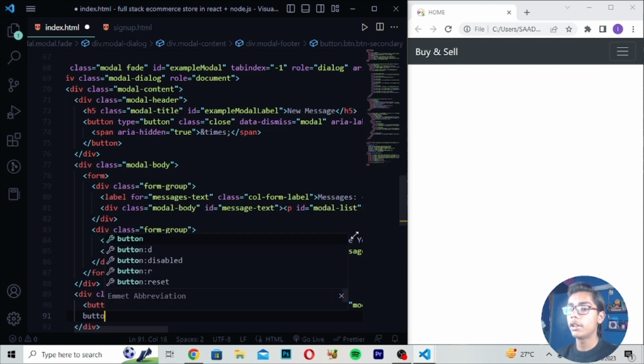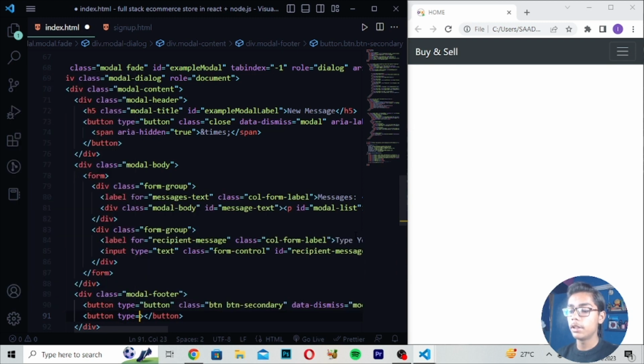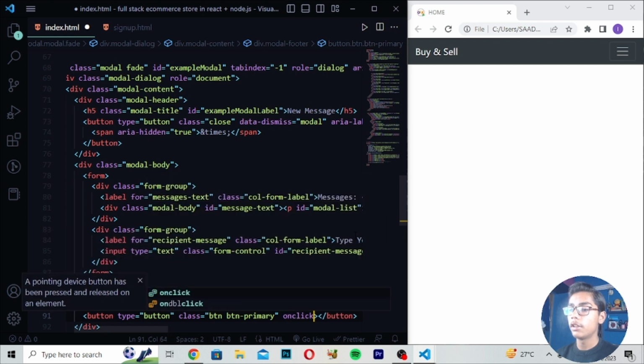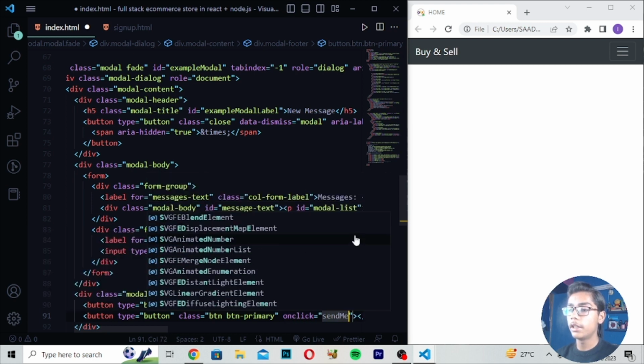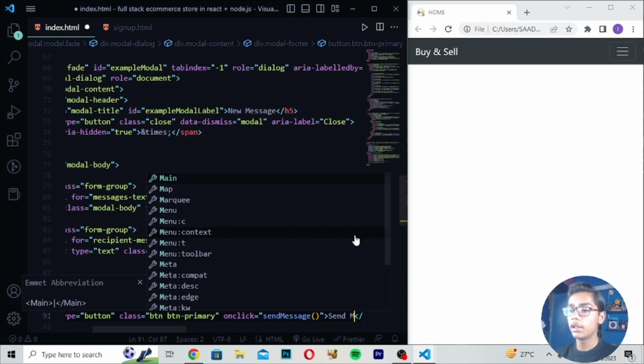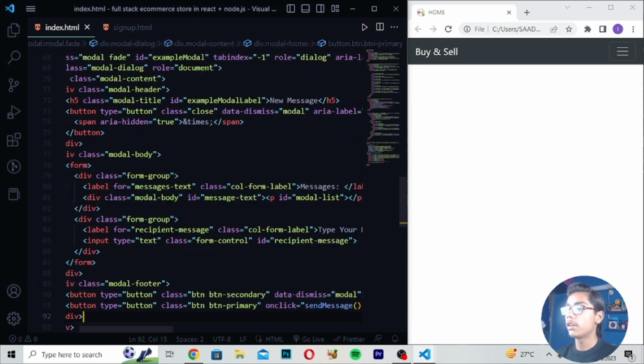Then I will be writing here button type is equals to button, and right here class btn dash primary, right here data dash, or you can say on click. In on click I will be writing here send message, open close this bracket, then right here send message again like this, and here you have to save it.